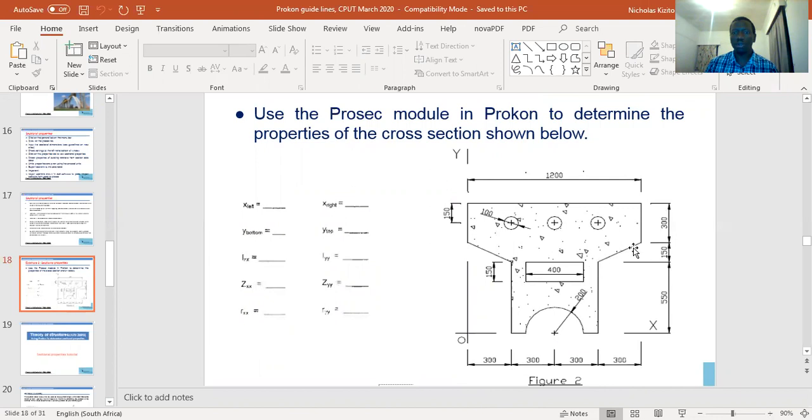side of this polygon using the dimension of this line and the angle. That's one way of doing it. But we can also use the X and Y dimension coordinate. So basically, but remember it's relative to the last point entered, okay? So if I go to my Prokon,